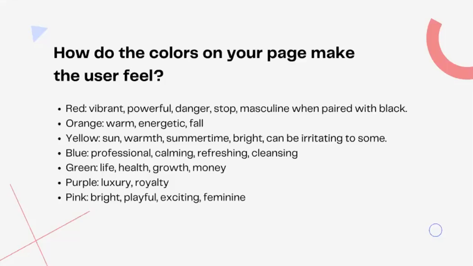So that's one thing to think about. Orange is a slightly toned down version of red. It normally conveys feelings of warmth and energy. A lot of times it's associated with fall and Halloween and those kinds of pieces. So if that's something that you're really focused on, or you like that autumn feel, orange can be a great color to use.